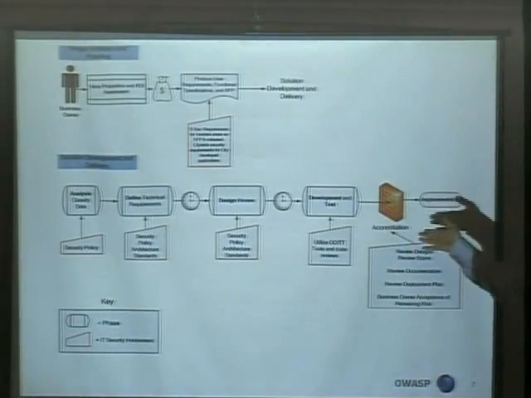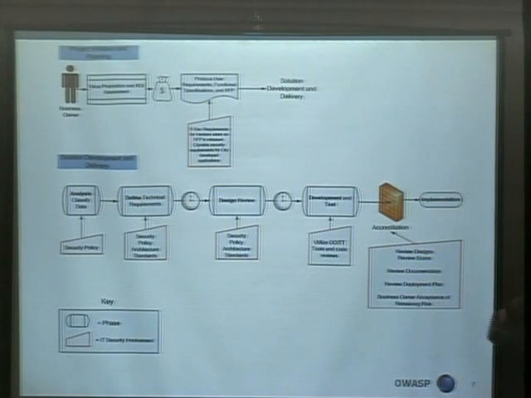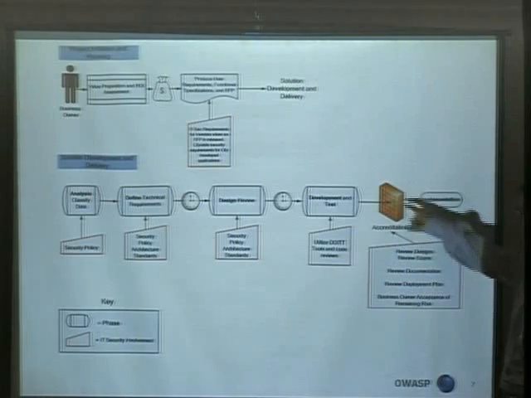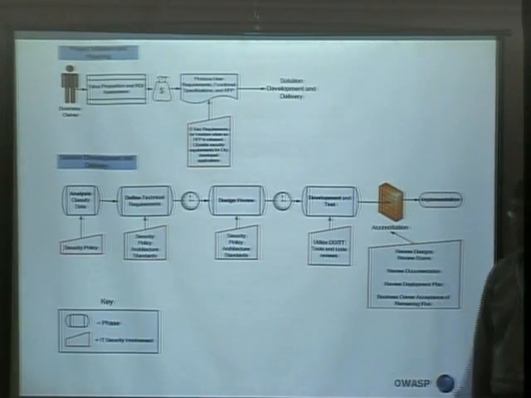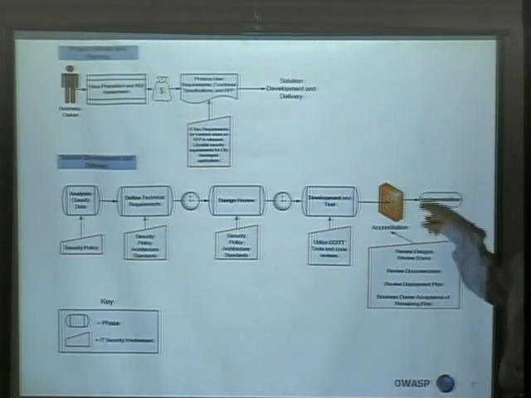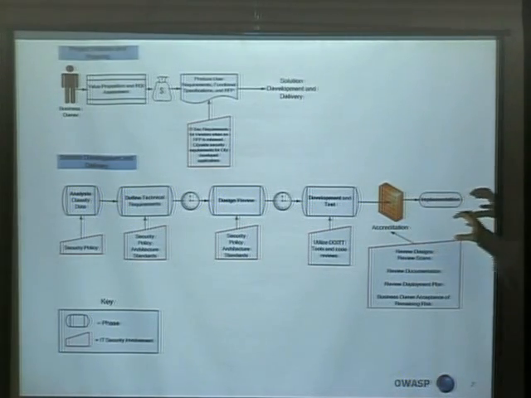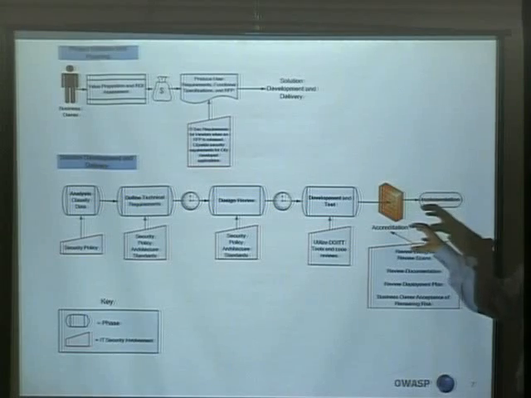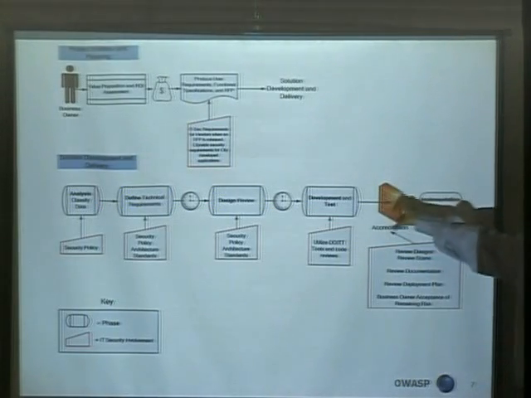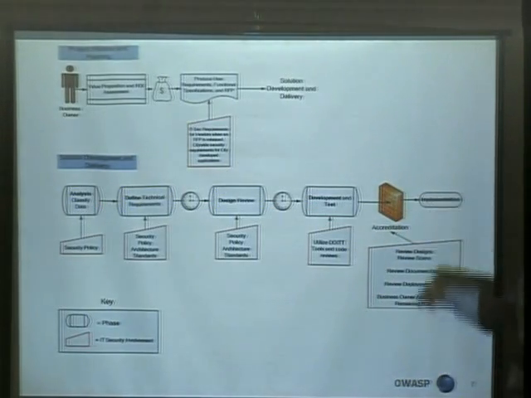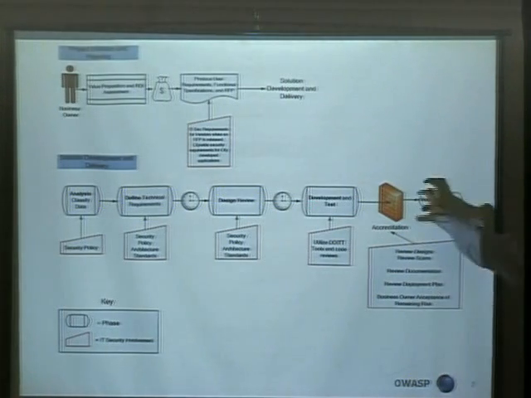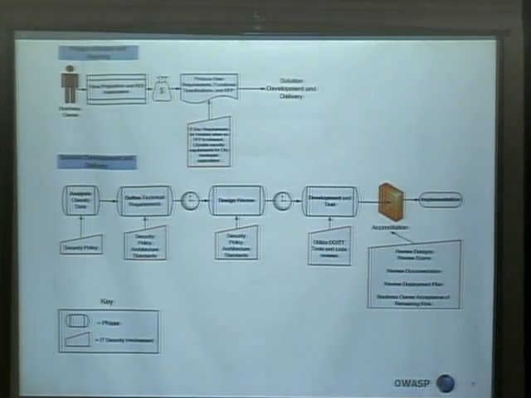Fast forward to development and test. We have tools that we require them to use. And then this little box over here has always been a point of contention. My management was concerned that I was putting up a brick wall, and that it was sending the wrong message, that we impede progress. There's no gate in Visio. I couldn't find one, so the only thing we had there was a wall. But in reality,